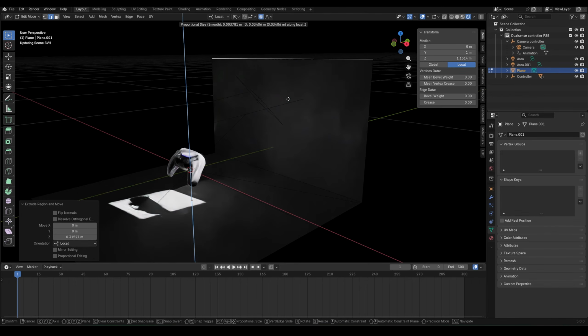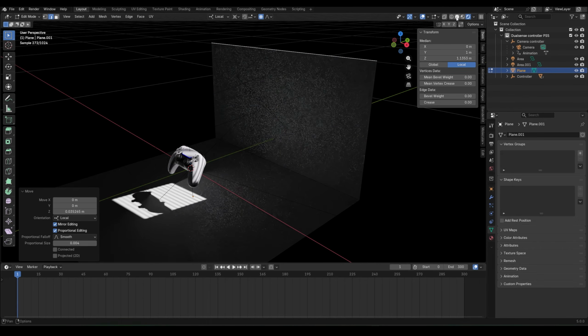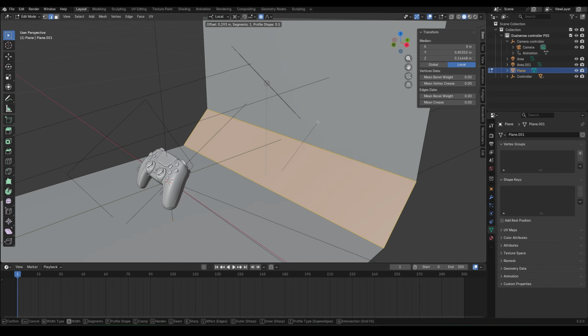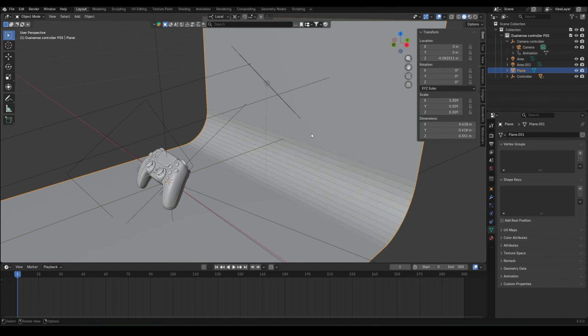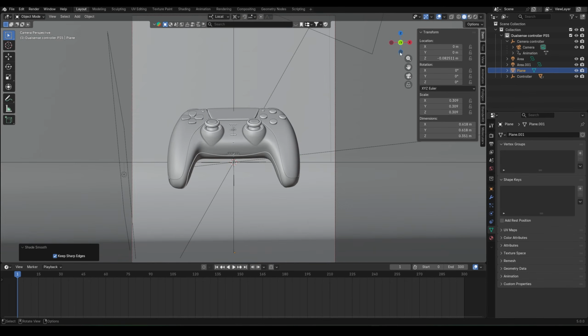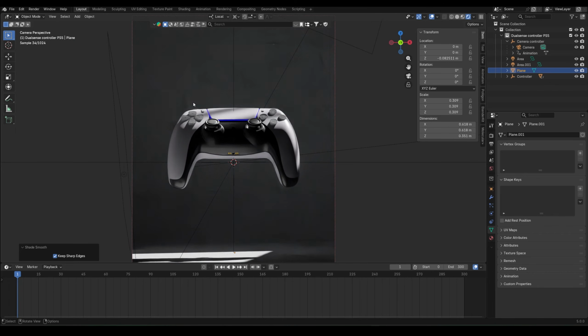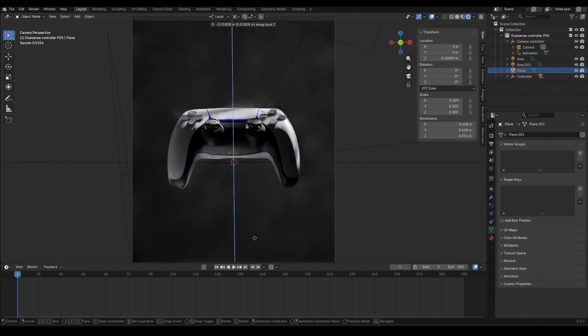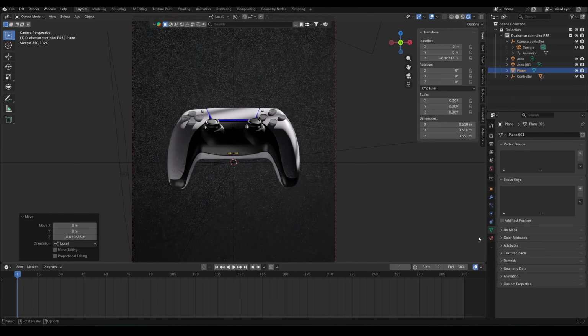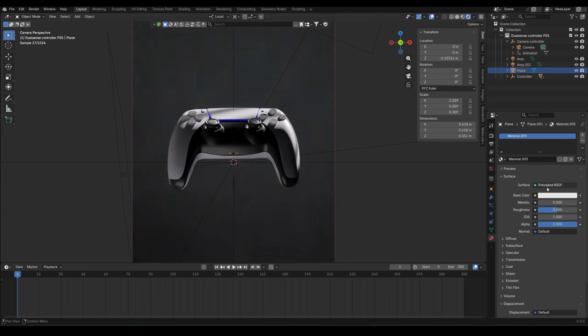We just bevel this edge with Ctrl B and scroll to add more segments. Now Tab out, right click, shade smooth, and if I press 0 and go to like this, you will see, but we don't want to see that bottom, so press G Z and move it down. And in the material tab I will create a new material and set the color to white,